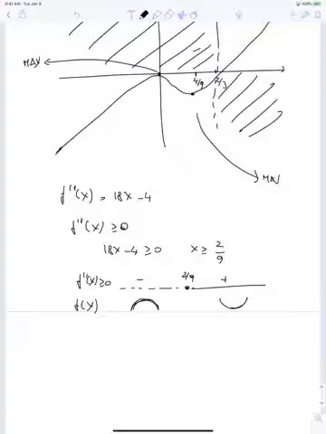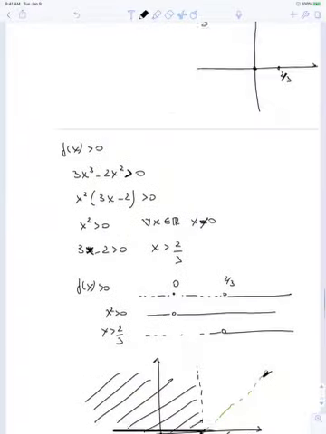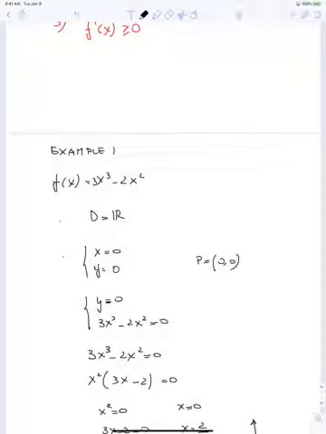Well, this is the flex point, and this last part of the study tells us that it's somewhere at 2 divided by 9. So here we're going to have a point where the convexity of the function changes. So first the function is concave, and then it becomes convex. Okay, that's the full study of a function. This one here was relatively simple because it's a simple polynomial, but it has all the elements of the study